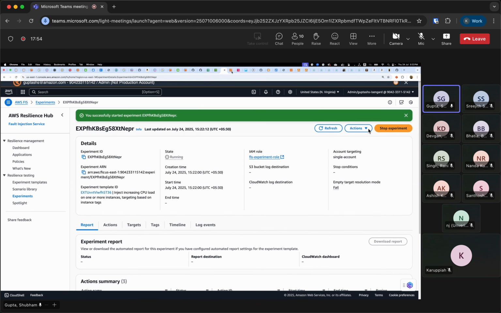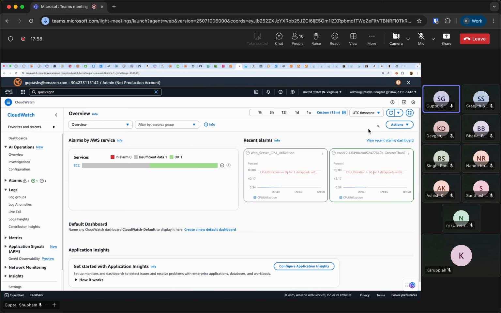In a few minutes we will start to see the load, and I've created these two CloudWatch alarms. Currently the load is 1%, so we don't see anything, but as soon as that fault injection service goes into place, we will see these two alarms, 80% and 90%. When that happens, we will again run our agent to check what it does.